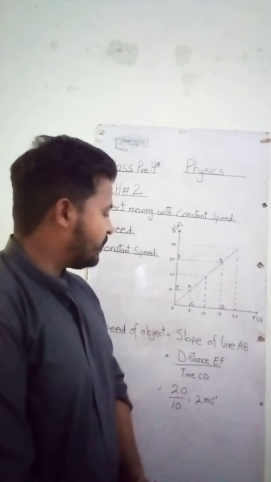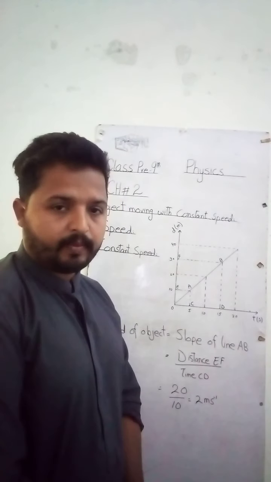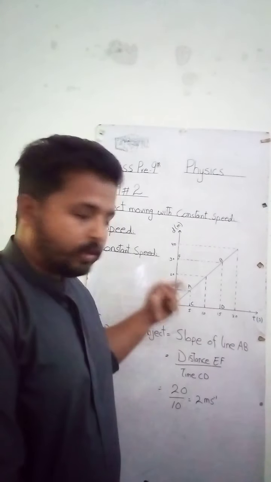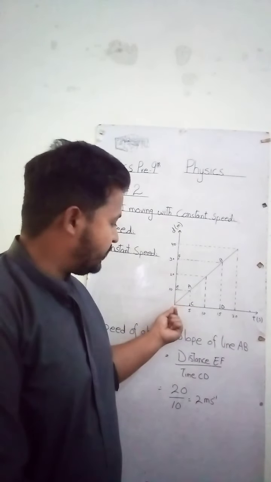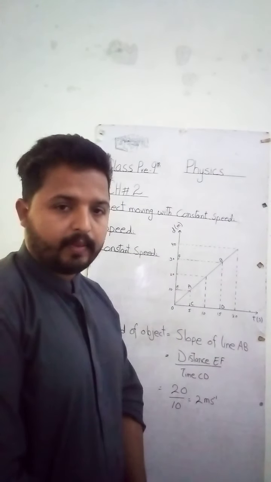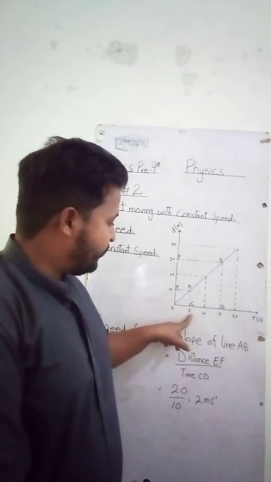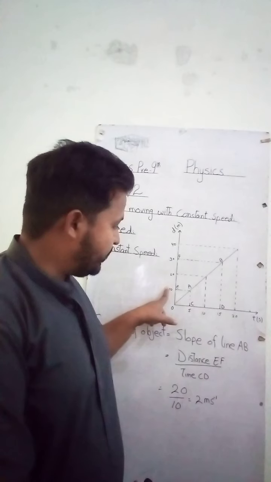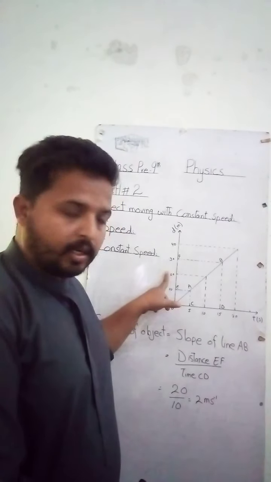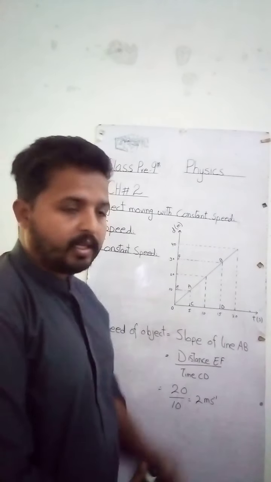From this graph we can see that the body is in motion. How? Because the body is continuously changing its position from the origin with the passage of time. You can see after 5 seconds the body is 10 meters away from the origin. After 10 seconds the body is 20 meters away from the origin, and after 15 seconds the body is 30 meters away